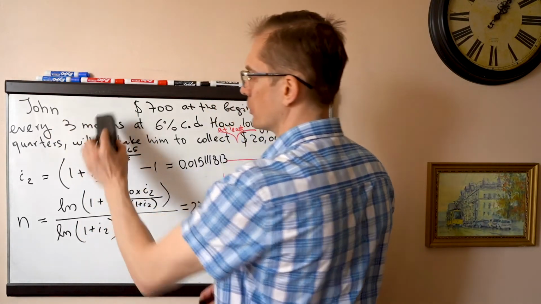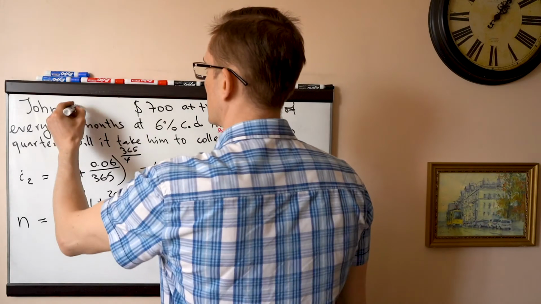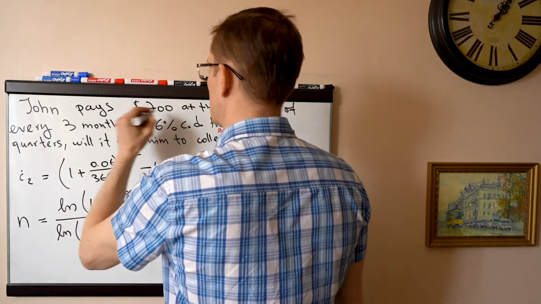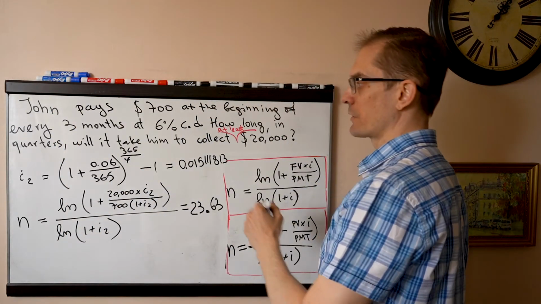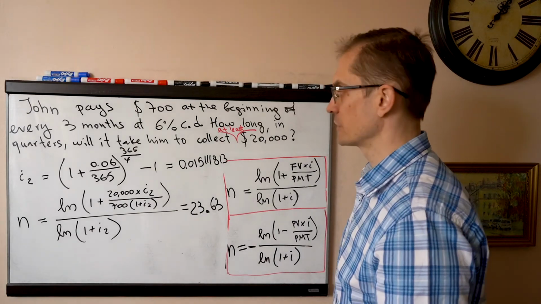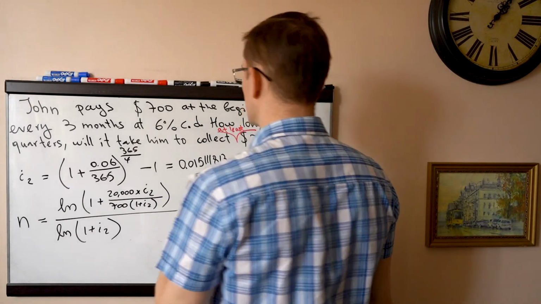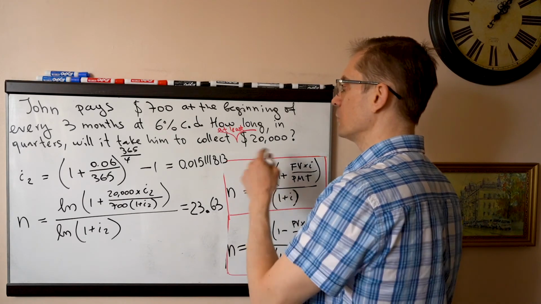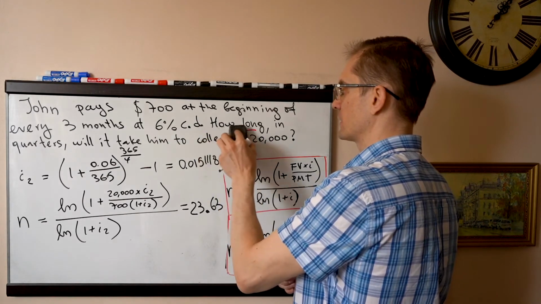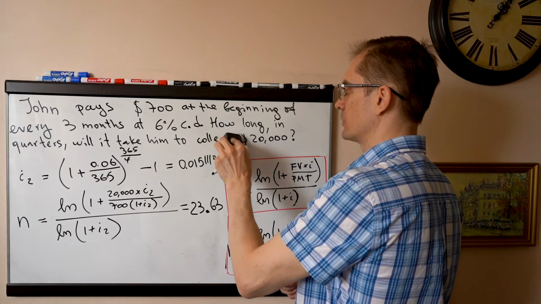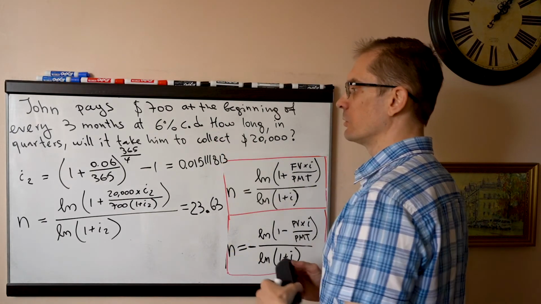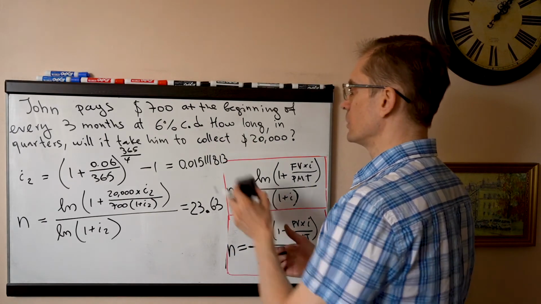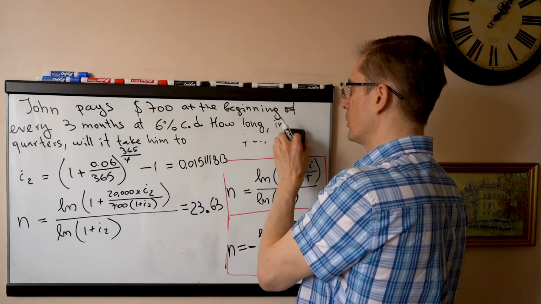So we'll say that John pays $700 at the beginning of every 3 months at 6% compounded daily towards a loan. So let's say towards a loan. How long? So let me remove this, at least part one now, so we don't need it anymore. So how long in quarters will it take him to pay off